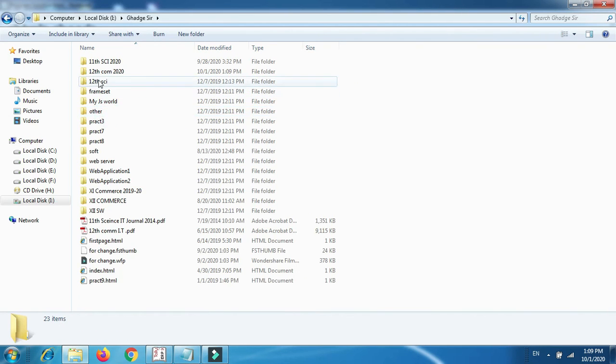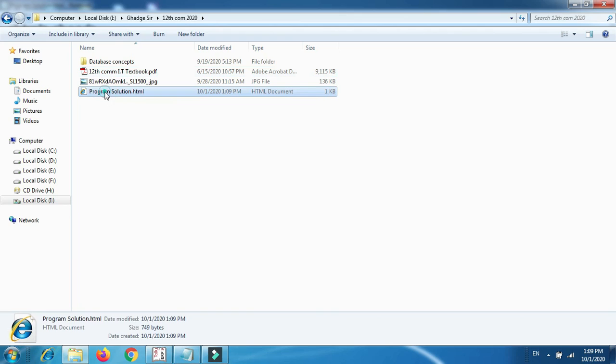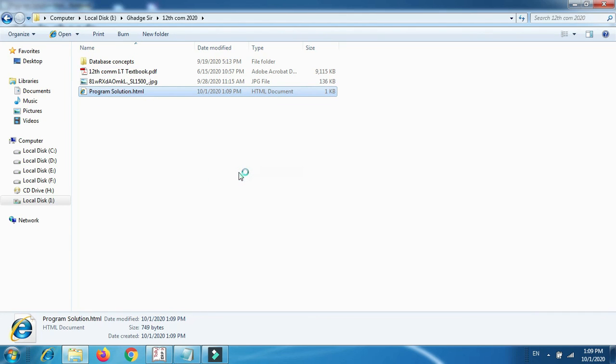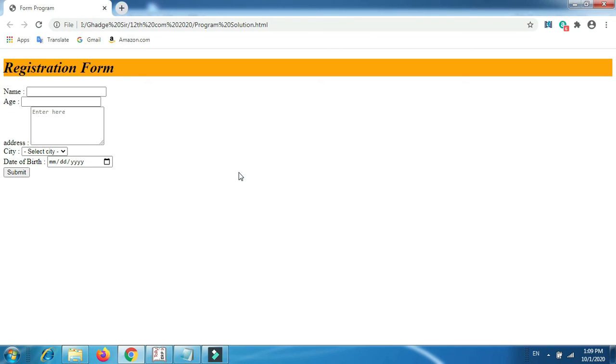If I double click on that, it displays the actual output. You can use any type of browser. See, Google Chrome is best to check the exact appearance of HTML file elements, fine. It takes a few seconds to execute. See, very easy programs, very simple programs. You definitely get full marks, because such programs are for 5 marks in the exam.